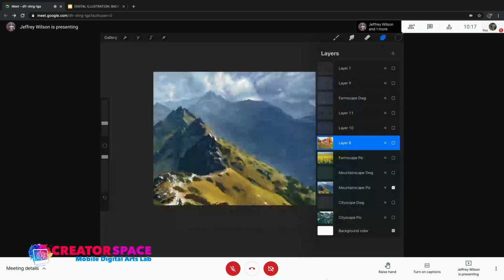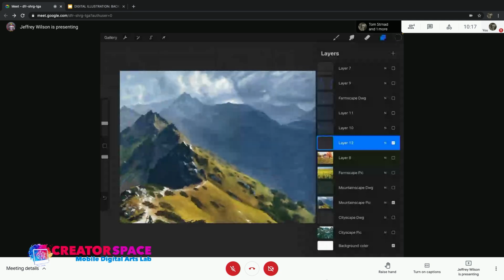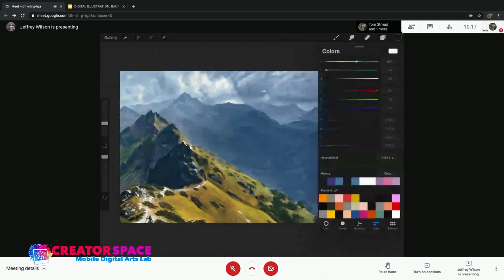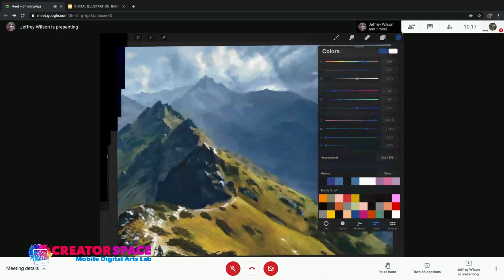The challenge here is to get the lighting and to make it look like a Mountainscape. We'll just take the Mountainscape layer here, and let's go back to our sketching color here. That would be a nice dark blue. Just like the blue, I don't know why, it just seems to give me a good feel for the